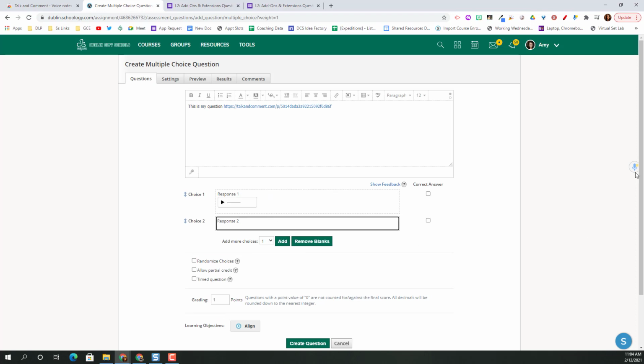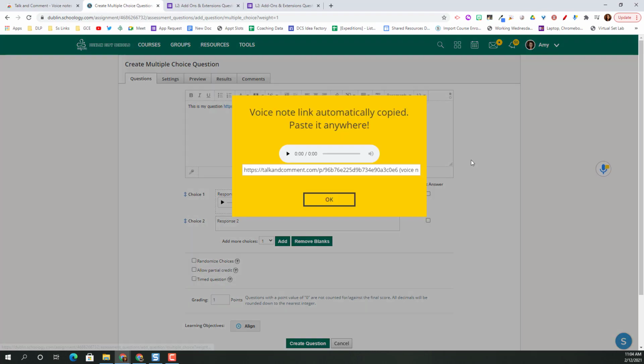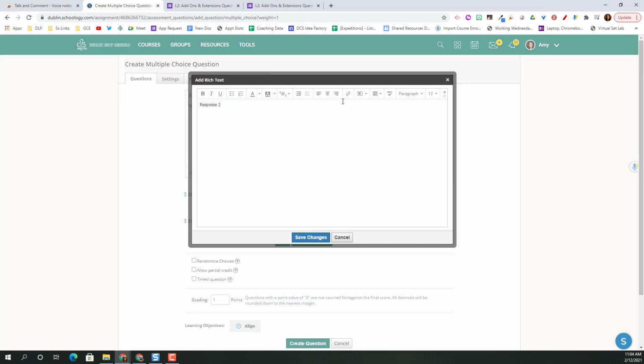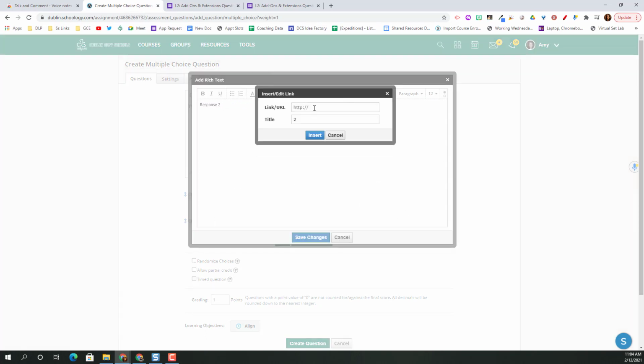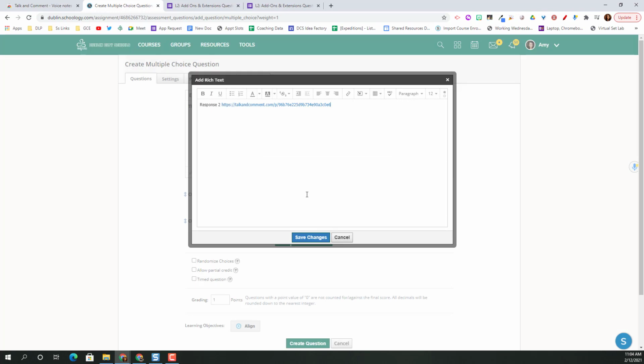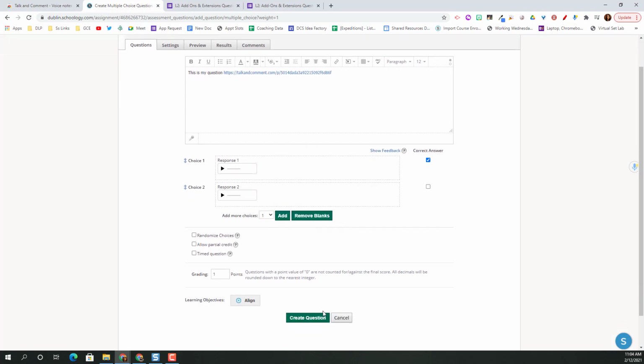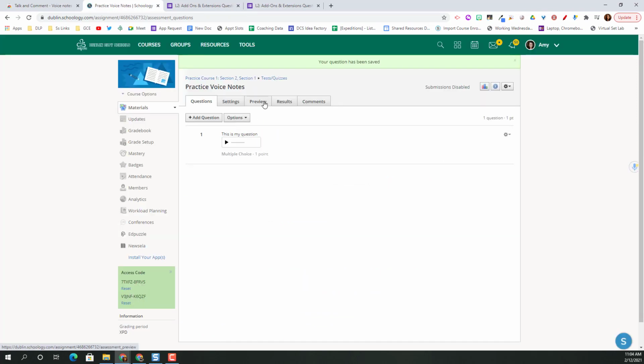And then we'll do the same for response 2. We have to go into the editor again, add the link, insert, and save. Select your correct answer, we'll create the question, and then I will go into preview mode so